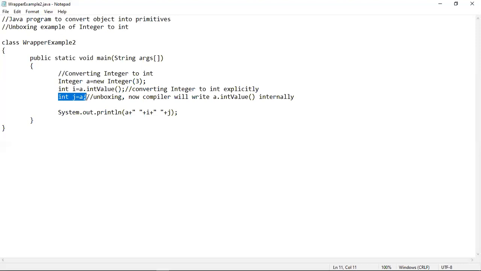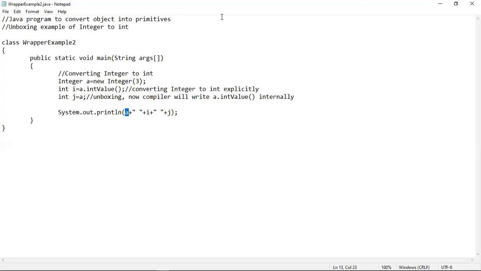That's why it is known as unboxing, because you are opening up the wrapper that has been wrapped around the original data type. That's why it is known as unwrapping. And in this statement, we have wrapped up the data into an object. So if you want to print the value of A, that should give you 3, because you have wrapped up the data 3 and given it an object appearance. Using this object, you can also access the value 3. So A will also give you 3.